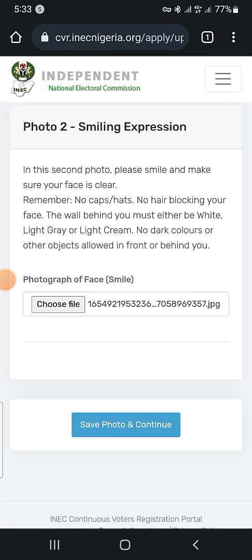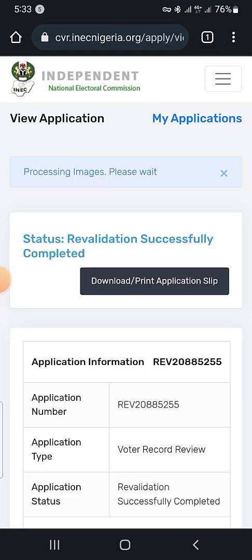Then you save and continue. Now the process is being completed. The second picture, you must smile properly. So here it says